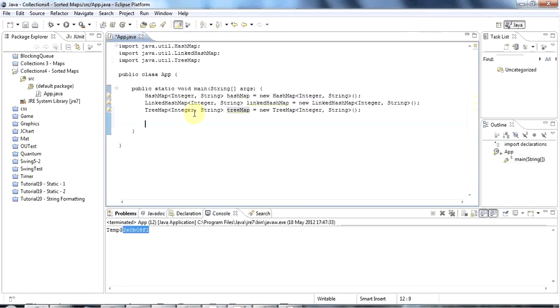So here I've got three kinds of maps, and now I want to create a method that's just going to demonstrate the difference between the three. So I'll make this public static void test map,